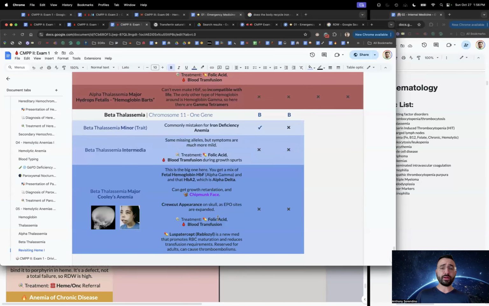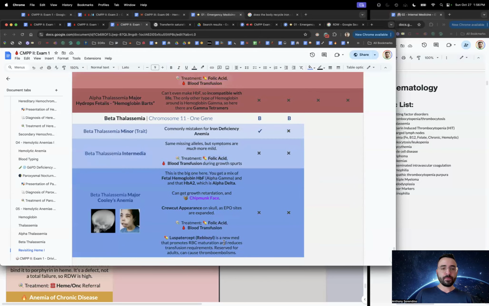The crew cut appearance is that erythrocytes, the manufacture of red blood cells in your bones, increase. You have this hypertrophy of your bones, which is why you get that. And then there's this weird medication, luspatercept, which I think is pretty new, that you can use for that. Okay,